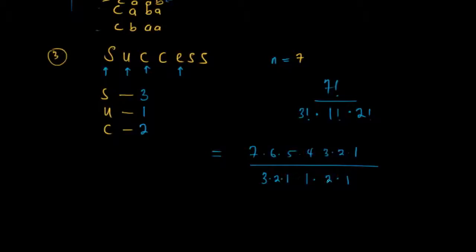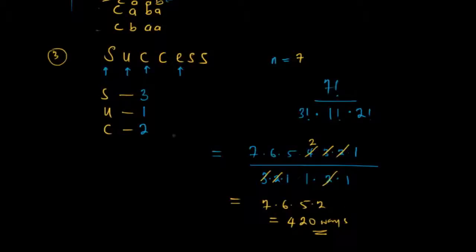When you begin to cross out, you observe that this 2 crosses 2 here, 3 crosses 3, and 2 crosses 4 here, leaving you with 2. So your solution is just going to be 7 times 6 times 5 times 2. 7 times 6 is 42, 5 times 2 is 10, so 42 times 10 gives you 420